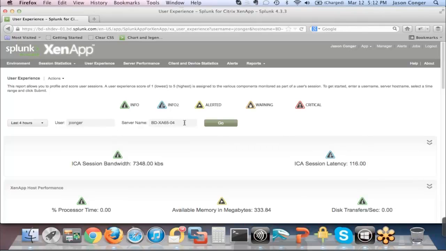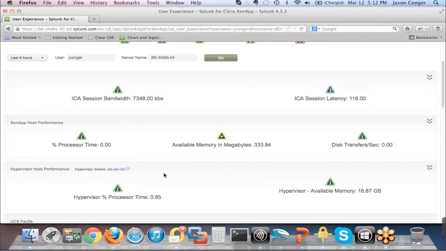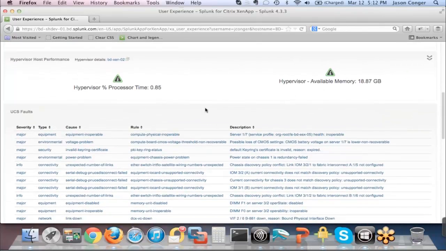Everything looks good here because this is real production hardware, but I just wanted to show you a more complete stack. So here's me. Here's my ICA session going on. Here's my XenApp server going on. Right here, it is running on a hypervisor. This one's on XenServer. It could be Hyper-V, it could be VMware, it could be anything. It doesn't matter. But here's the hypervisor. This particular hypervisor is running on hardware.